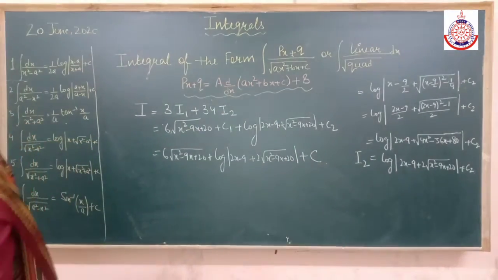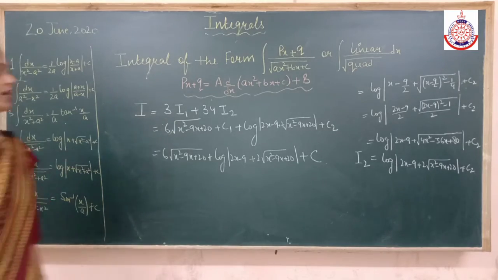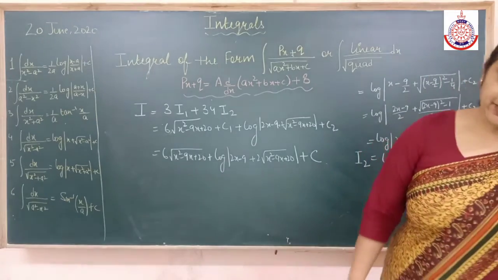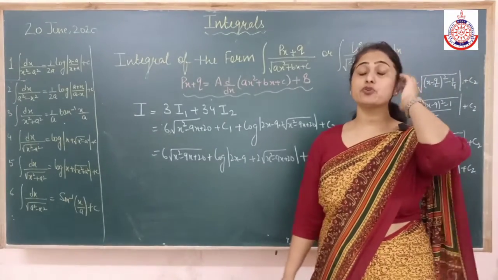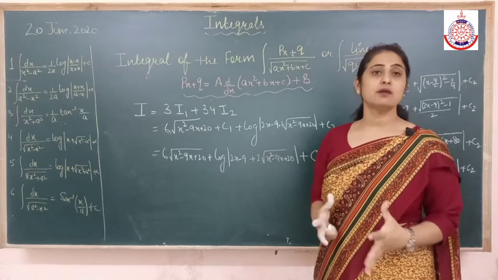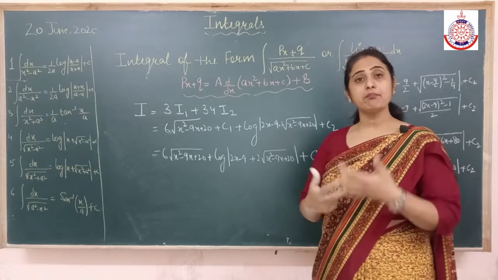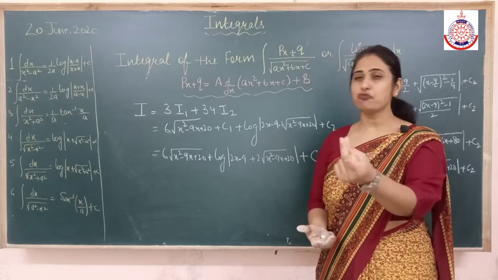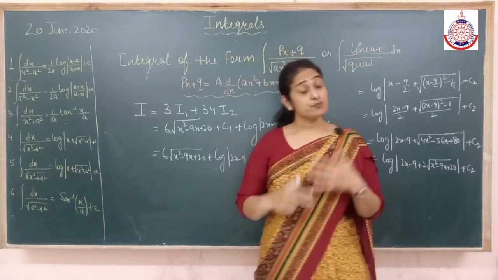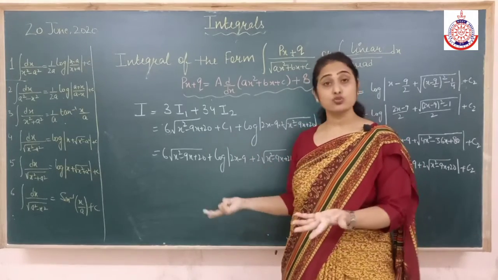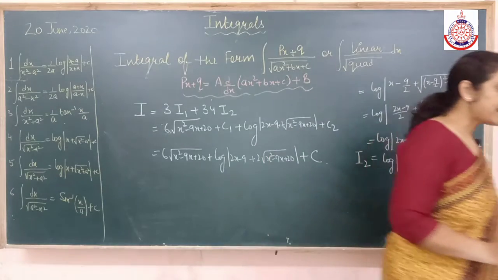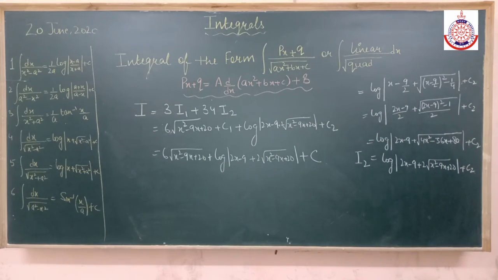Clear children? Questions are not difficult. Only thing is that the questions are lengthier. In the same thing as we did the questions in 1 upon quadratic, linear upon quadratic without under root, substitution can also come. Questions will not come like playing questions to you where you have the form and directly start solving the question. This will not happen. Alright. So substitution may come in this also, and it will come. Direct question won't be asked from you. So you have to practice the things very, very well.